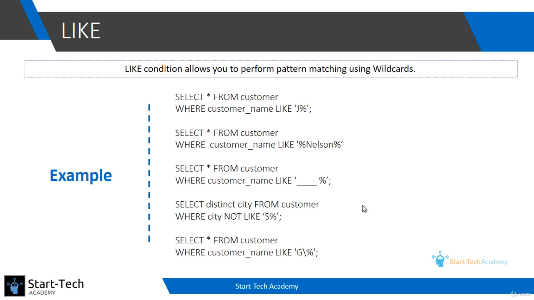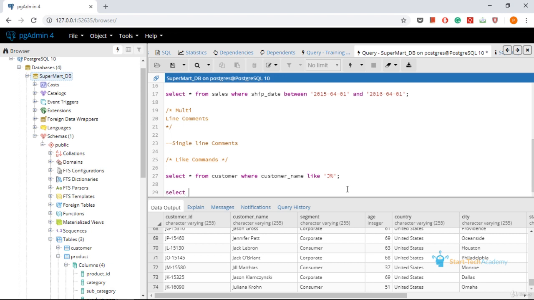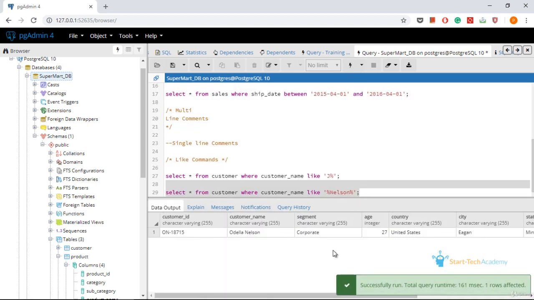To do that, we will go to pgAdmin and write select star from customer where customer name like percent Nelson percent, and we will run this query. So there is only one customer whose last name is Nelson, and that record we have found using this query.